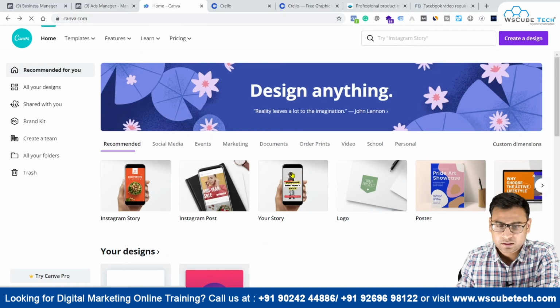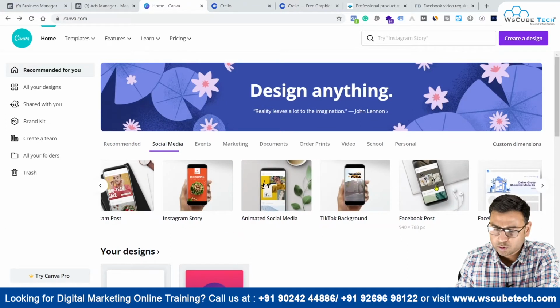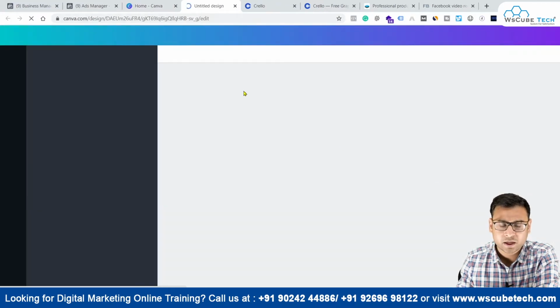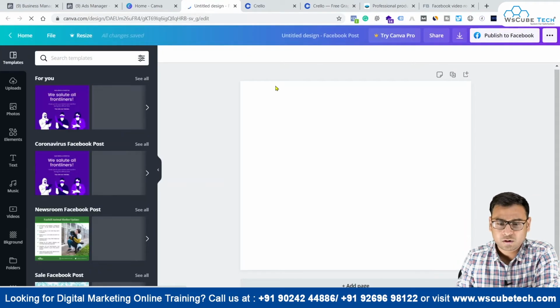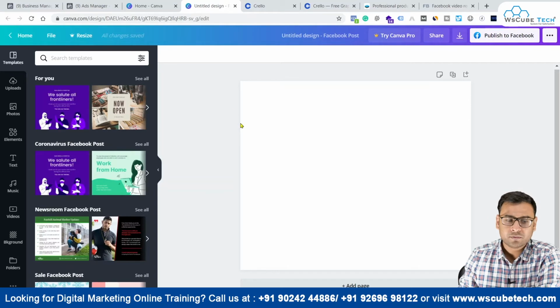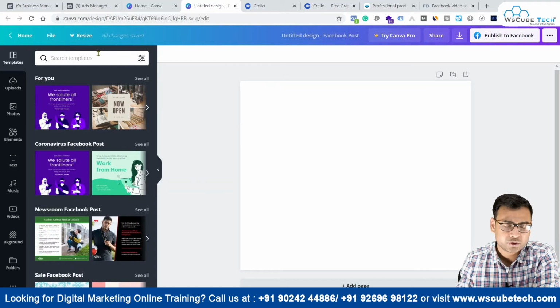What we can do is, guys, we can go ahead and click on this social media over here, right? And on the social media, we can click on this Facebook post, and you will see it will load a canvas with a 1:1 design or 1:1 layout, right? And then we can go ahead and search for the templates over here. So we can type anything which we actually want.